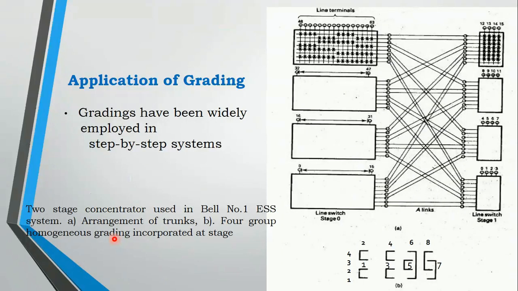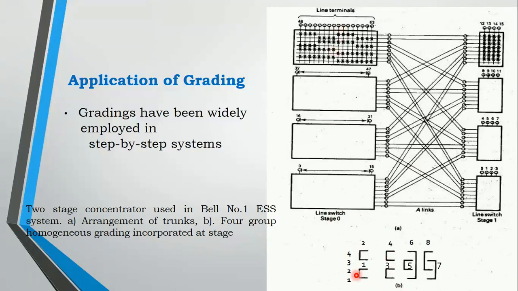And the last part of grading is the application of grading. So if you have a larger network, how to reduce it? The grading may have been widely employed in any system. So here a step by step system is given. You have many stages. Here 4 stages of the switches are given where you have 0 to 15 numbers, and here also 4 stages of the switches. The same thing could be traced in your diagram. So if you go on connecting like this, you may need maybe about 2000 switches, but in a grading diagram it is simply represented.